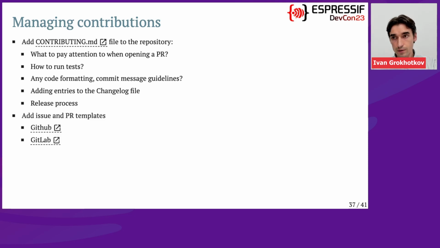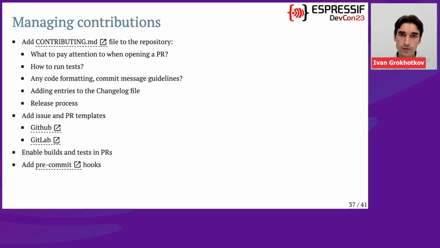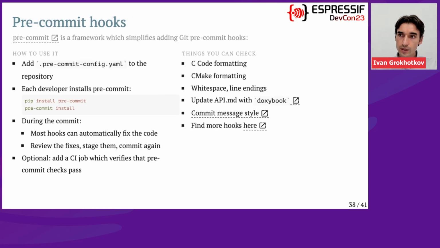Adding GitHub pull request and issue templates, or GitLab issue and merge request templates, is a nice touch as well. Enabling builds and tests on PRs can help you spend less effort when someone opens a pull request. You can rely on CI to automatically validate the changes. And one additional thing that I recommend adding is pre-commit hooks. So pre-commit